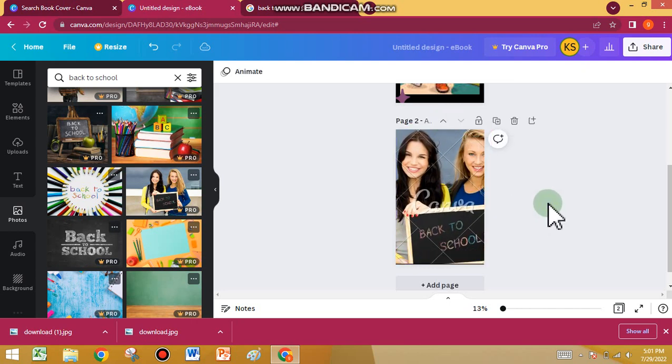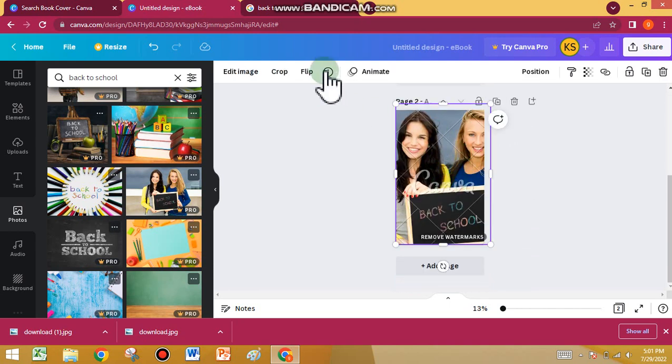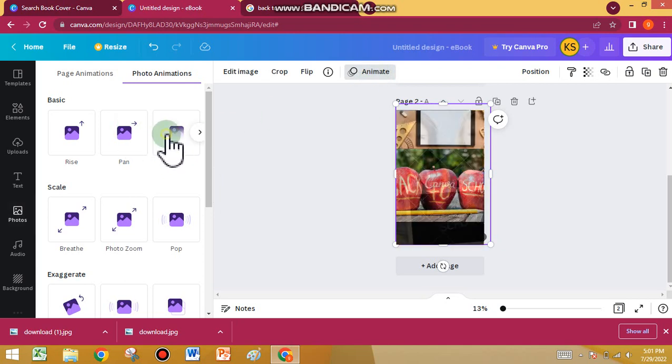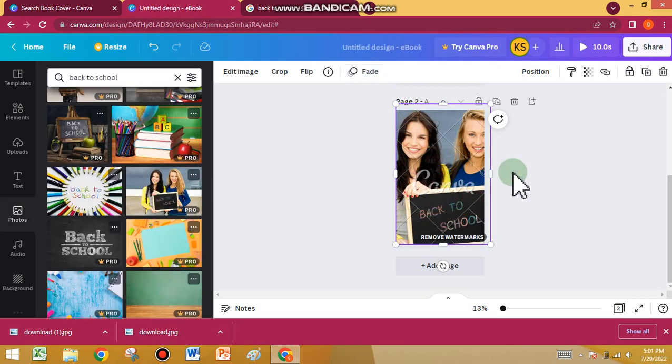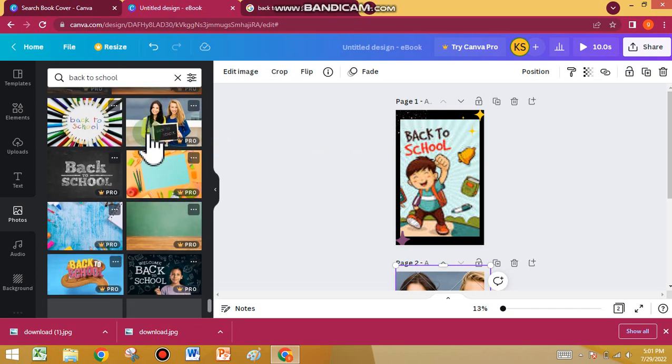Now we can find this, so we'll change its animation so that this design will look like our own. So in this way you can creatively create